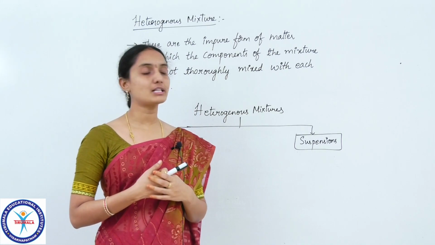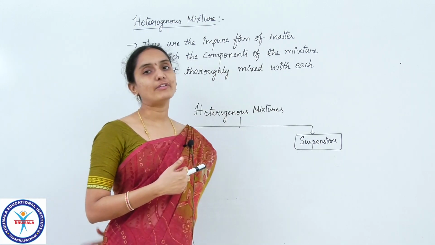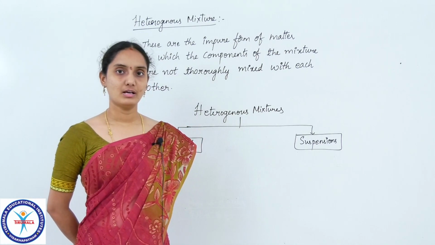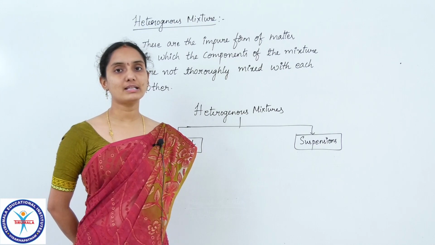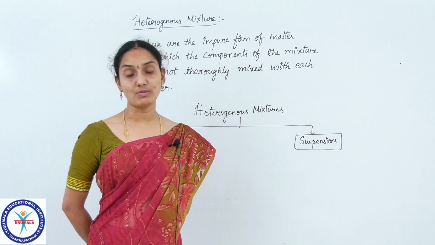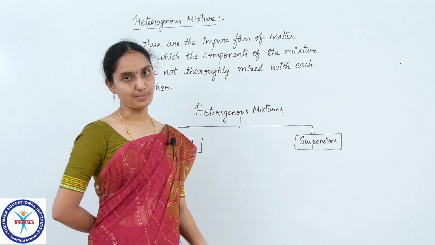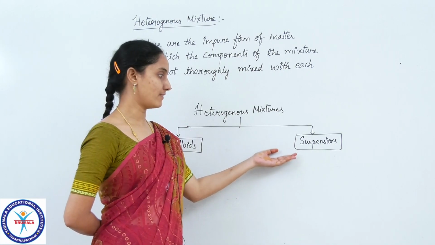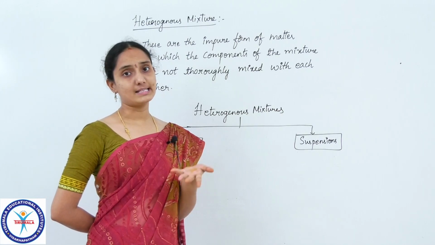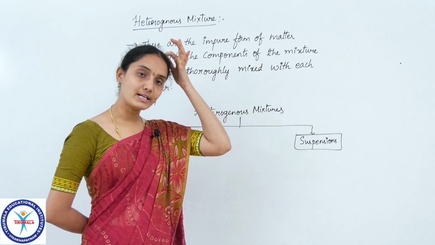Such type of heterogeneous mixtures are called colloids. Whereas other type of heterogeneous mixtures, where the solute particles are big enough to be visible differently in the solution with our naked eyes, which we can identify even with our naked eyes, are called suspensions. So in this suspension we can see the separate layer of the solute that is not exactly dissolving or exactly intermixing with the solvent in the mixture.